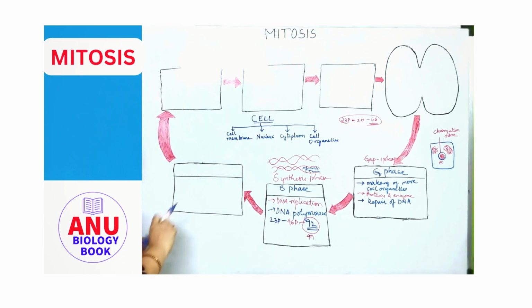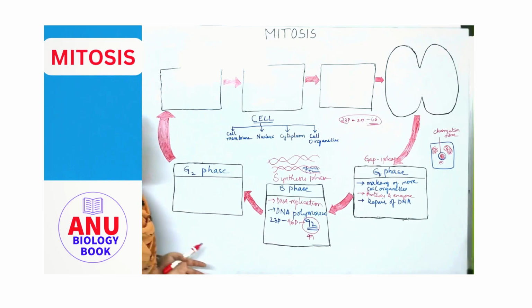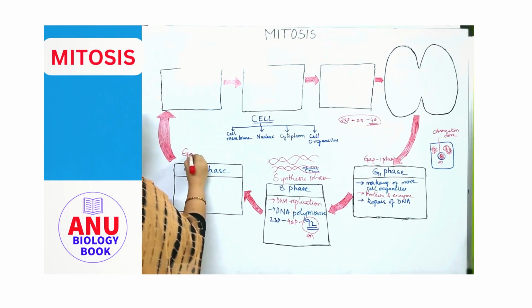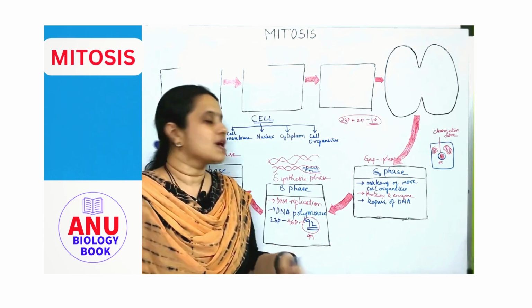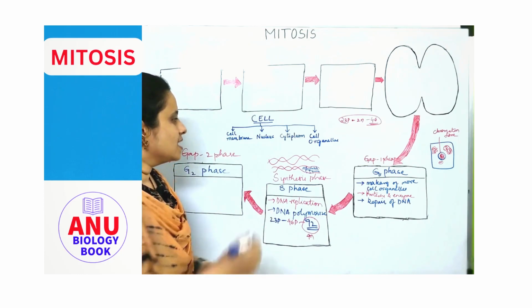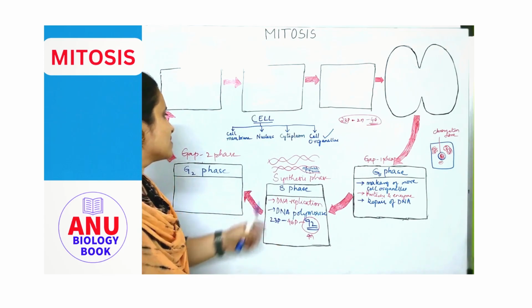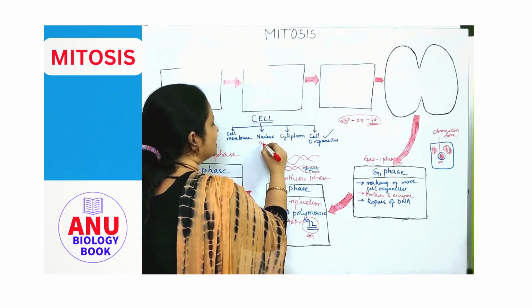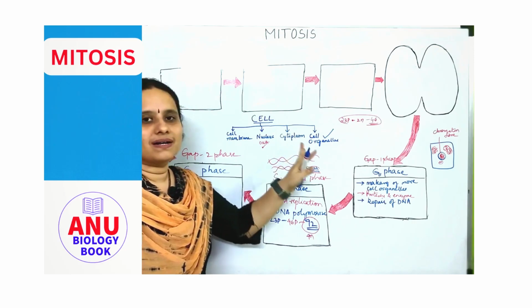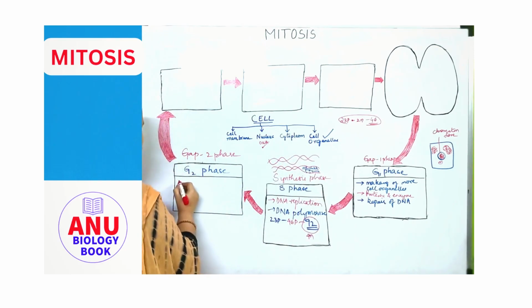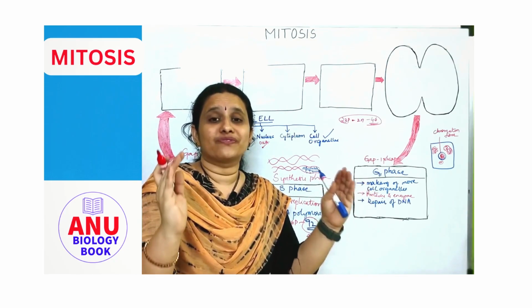The next phase is called the G2 phase. The G2 phase is nothing but the gap 2 phase. In this gap 2 phase, what happens? See here, we have already seen the replication of the cell organelles, and we have also seen the replication of the DNA. DNA replication has been completed. So now we require cytoplasm. Now in this G2 phase, the first and foremost thing that happens is